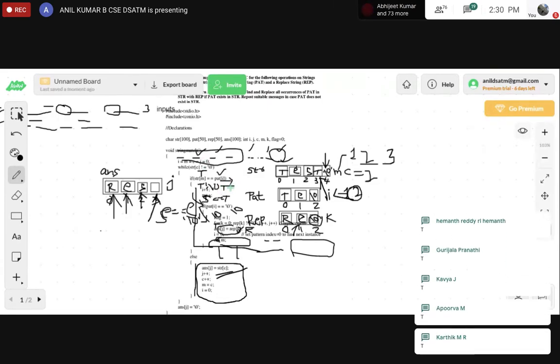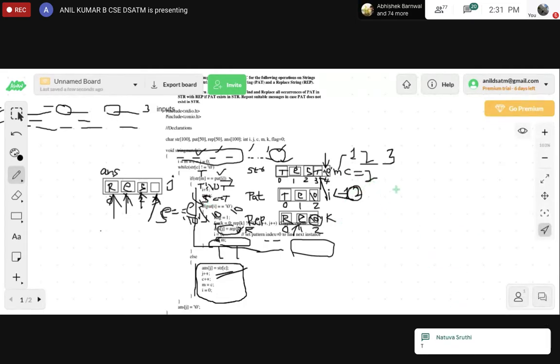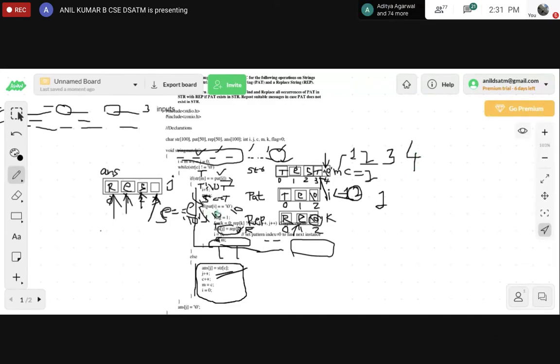Okay, is it equal? Get inside the loop, increment the I and M values. So what is the I value now? 1. M value will become 4. So now check with this. Pattern of I equal to null character. The condition is false. Go back and check again.